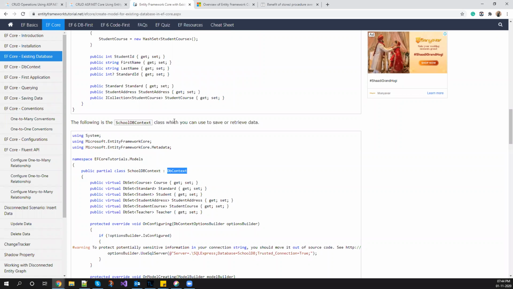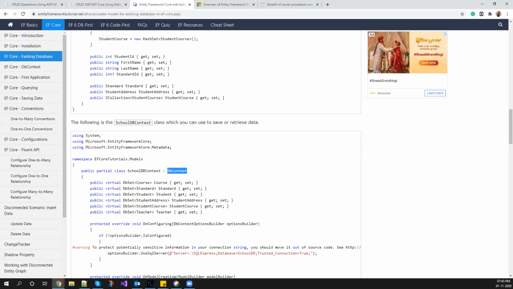Now, this is the main thing, which is the context file, the DB context, whatever your database name has been, which you have connected to, defined in your config. It creates a context file, and it creates all the procedures you have added and everything, the content here, into this context file. This is again auto generated. It is used to save and retrieve data and everything. So let me talk about the practical stuff.